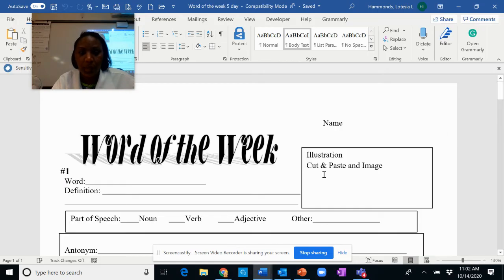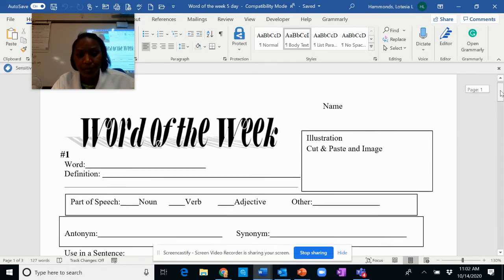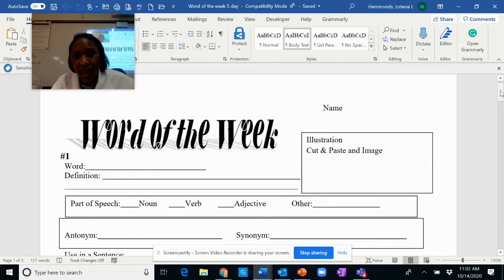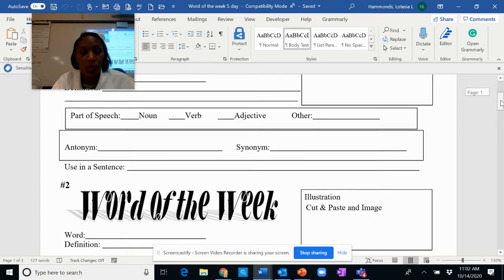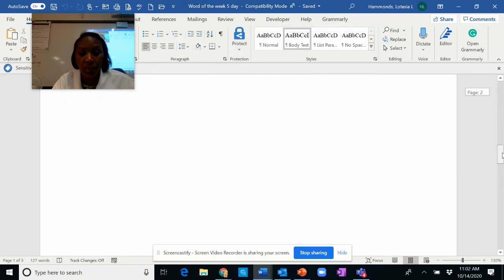All right. So I did notice a couple of little typing issues, and I'll just demonstrate how to get past those. All right, so this is the WOW document. I could have put word of the day, but I didn't like how it sounded. I just like WOW. All right, so they're already numbered. So it's 1 through 5 on this first document.